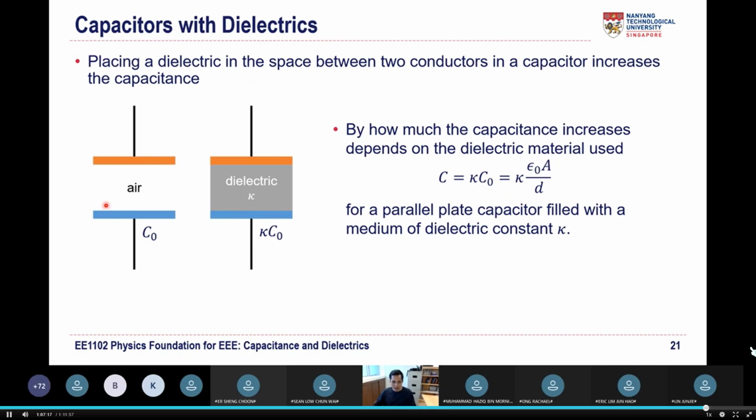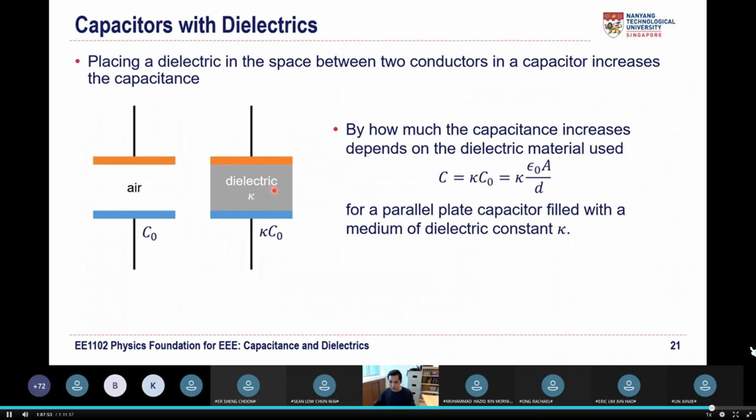Let's talk about what will happen when you put in a conductor. Then of course the circuit is totally connected, and all the charges that are accumulated here will flow, and there's again going to be just a single conductor, with zero electric field across it, and no energy stored and no charge stored, right? But if you put in a dielectric, this insulator, still no charge can flow through it, but this can increase the